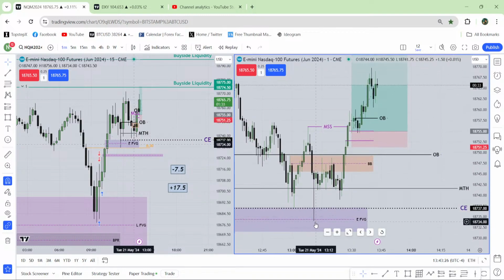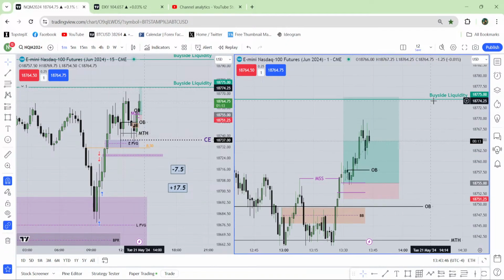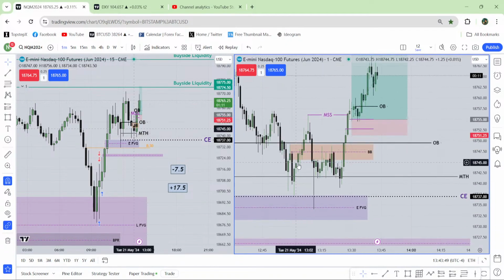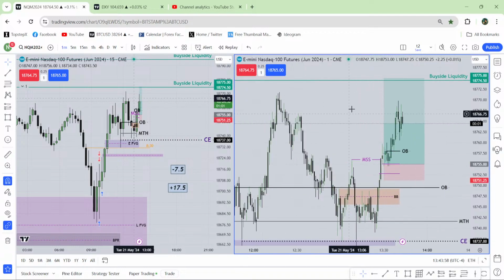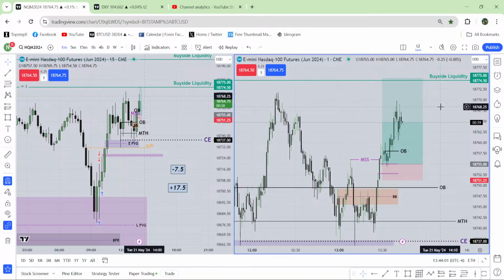See this run, it went lower. That is unexpected, okay? Because this breaker block was so perfect. When the market closed above this breaker block, that entry was so perfect. Now I really don't have anything to do in this type of situation. Sometimes it happens over manipulation. But when I get this manipulation, I get more confident that the market is going to take that buy side liquidity, because this is a perfect breaker block. So next time when the market closes above this breaker block, I push my button confidently, that okay, this time the market is going at least for this buy side liquidity.